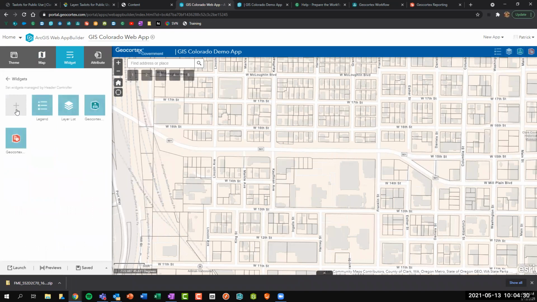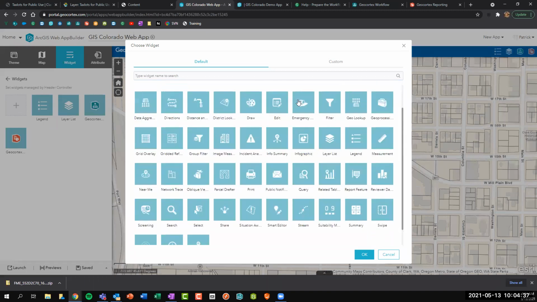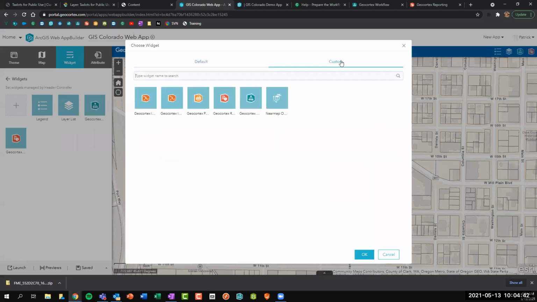So here, if I click plus, you can see Esri has a bunch of out-of-the-box tools available. But on the right here, we can see there's also this custom tab. So this is where you would access our custom widgets and leverage those in your Web AppBuilder applications. Now, likely you wouldn't have a custom tab here. But if you wanted to add the Geocortex Workflow or Geocortex Reporting widget to your environment, it's a pretty simple